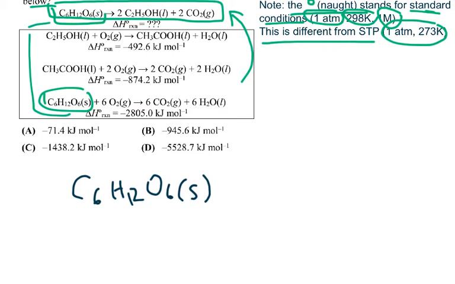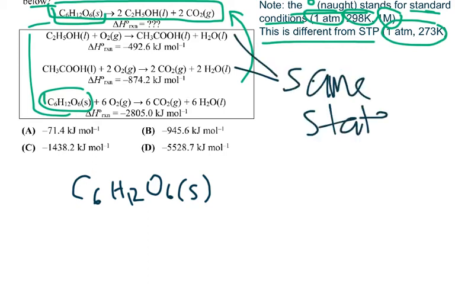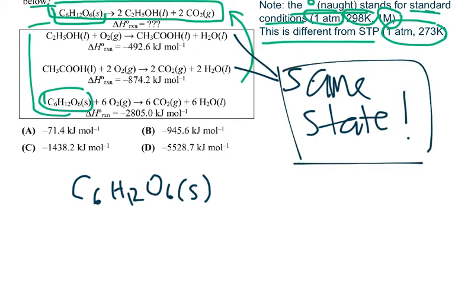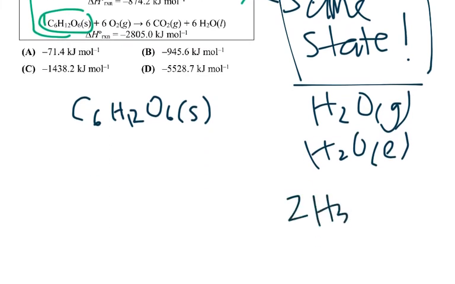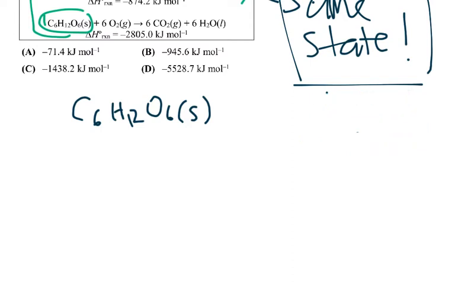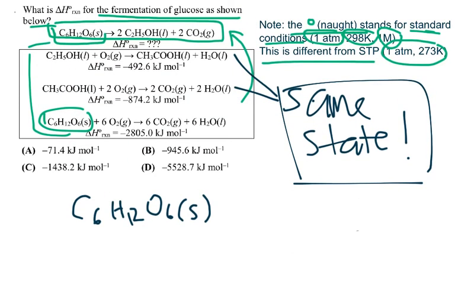When you combine reactions together and you combine chemicals together, make sure that they are in the same state. So if they're not in the same state, you cannot combine them. For example, if H2O gas and H2O liquid were on the same side, you can't say 2H2O gas because gases and liquids are different, so you would have to keep them as separate chemicals. So just keep a note of that, and I don't think that would be a problem here, but let's just move on. So let me just copy down this really long reaction,